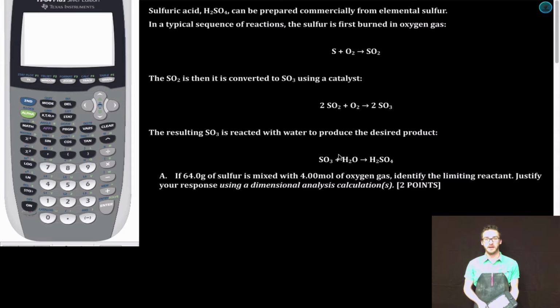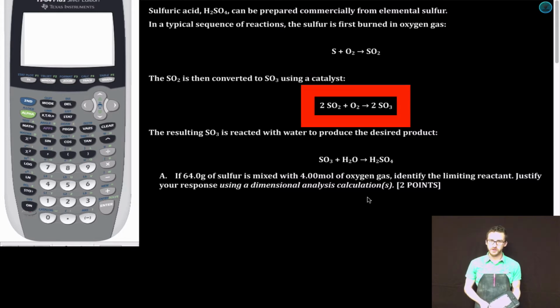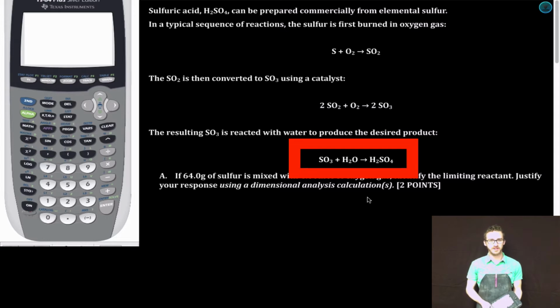Stoichiometry style. Sulfuric acid, H2SO4, can be prepared commercially from elemental sulfur. In a typical sequence of reactions, the sulfur is first burned in oxygen gas. The SO2 is then converted to SO3 using a catalyst. The resulting SO3 is reacted with water to produce the desired product,